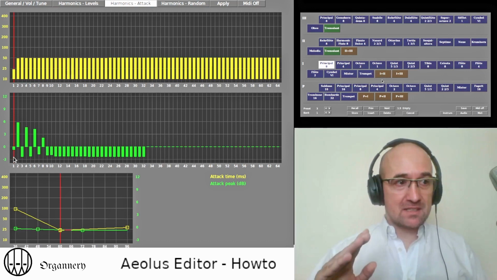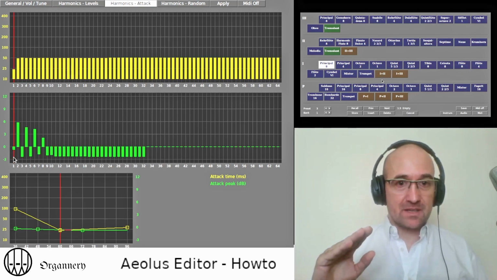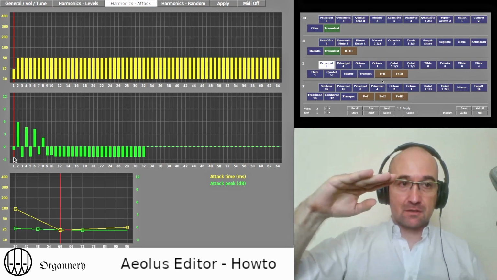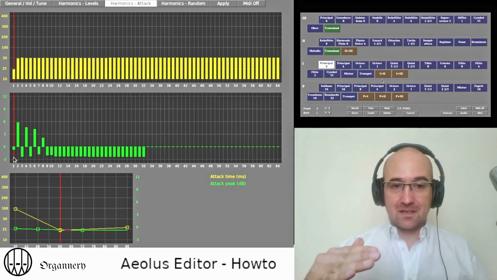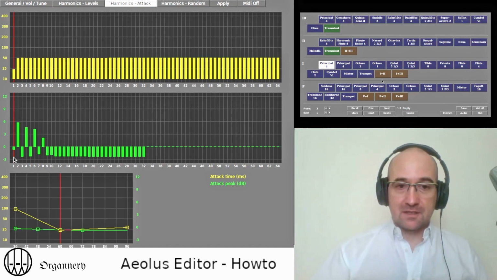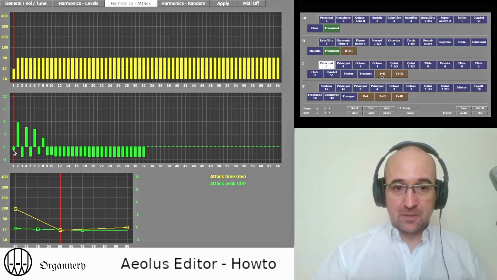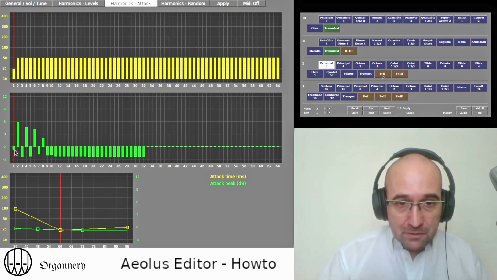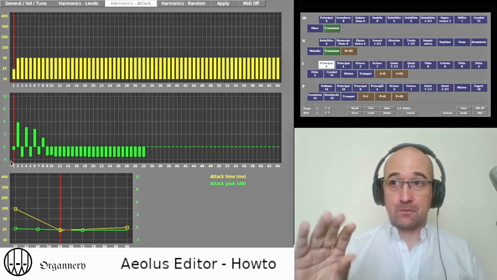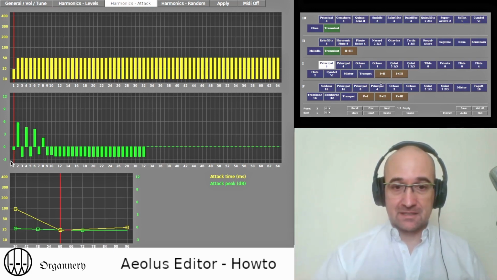And what the peak does is that it will either give a boost or a minus on the volume when the harmonic goes. Here, for example, you can see the first harmonic has maybe -1, then the second harmonic has a +6, and these are very characteristic of how the pipe will sound on the attack phase.